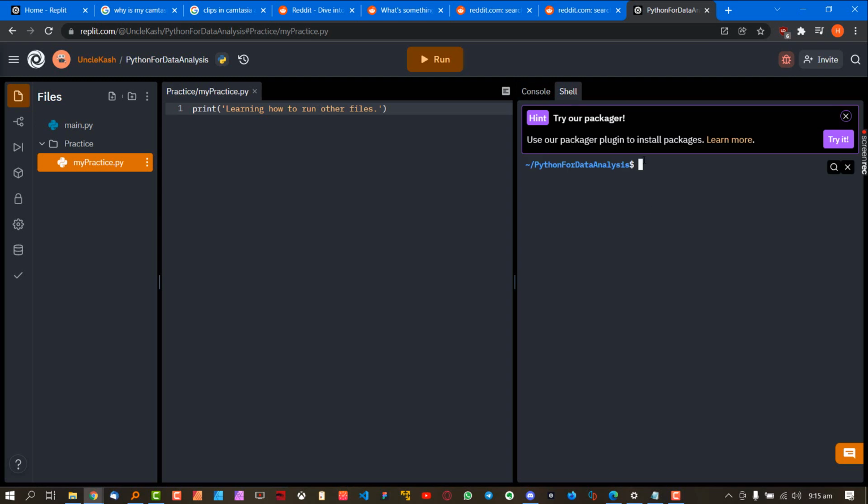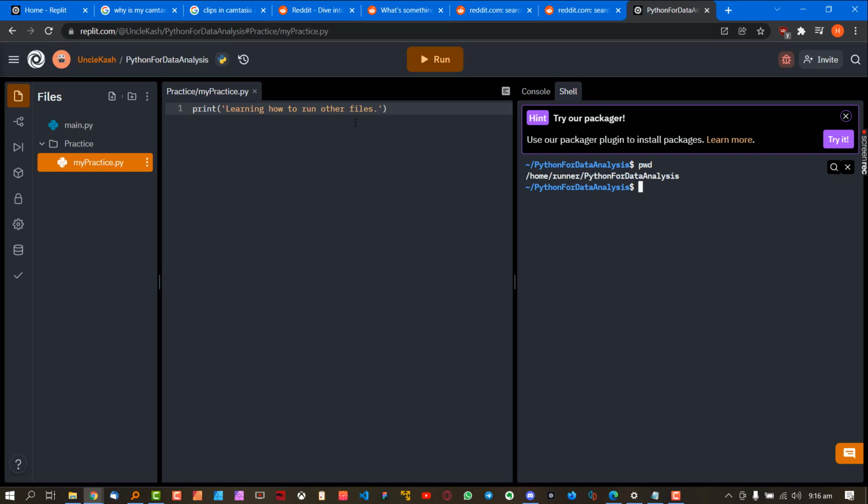I'll teach you how to use the command line, because basically now we're using what is called the command line. There's a command called pwd. It will show you your current directory. So basically, remember we are working on Replit servers. Imagine that they have a computer, and anytime we log into this website, we are working with our files on their computer. So they've created a folder for us under runner. Home means it's your own folder, and then there's a runner folder, and then Python for data analysis. Remember, this is the name of our project, right?